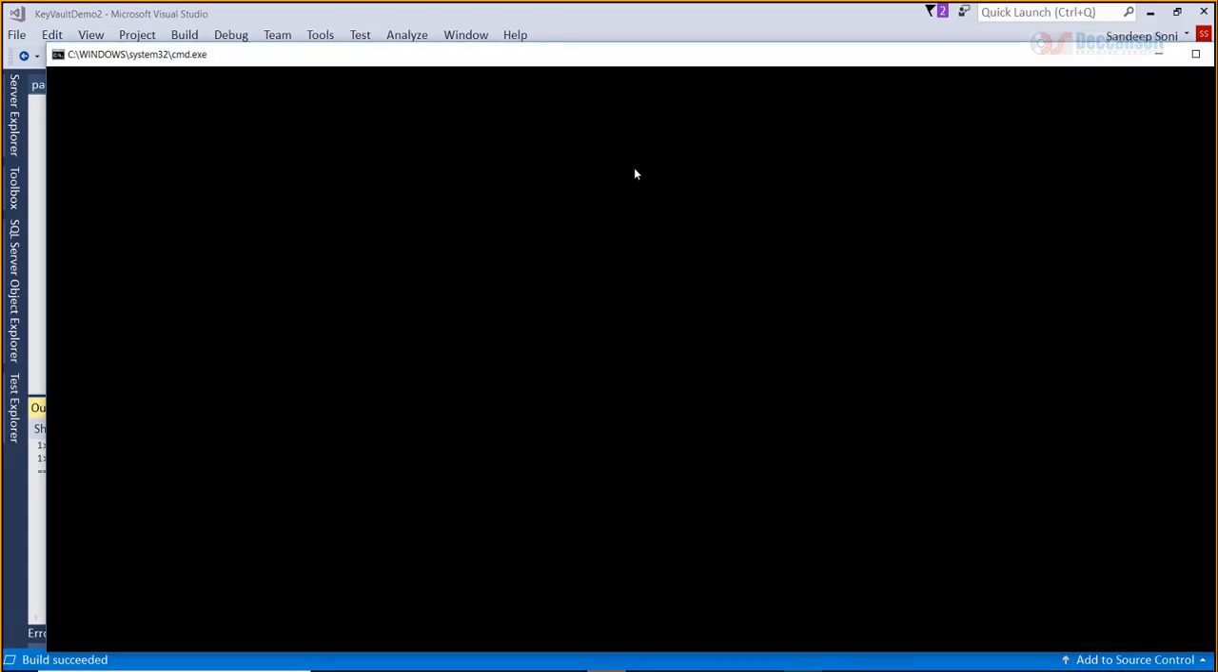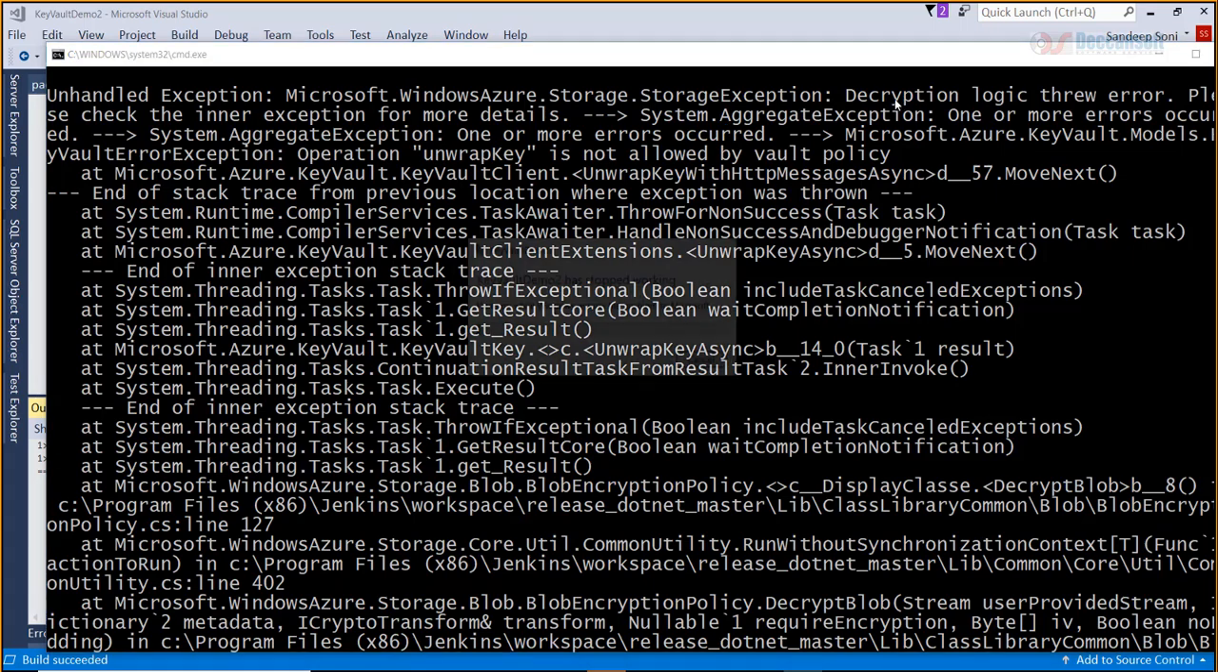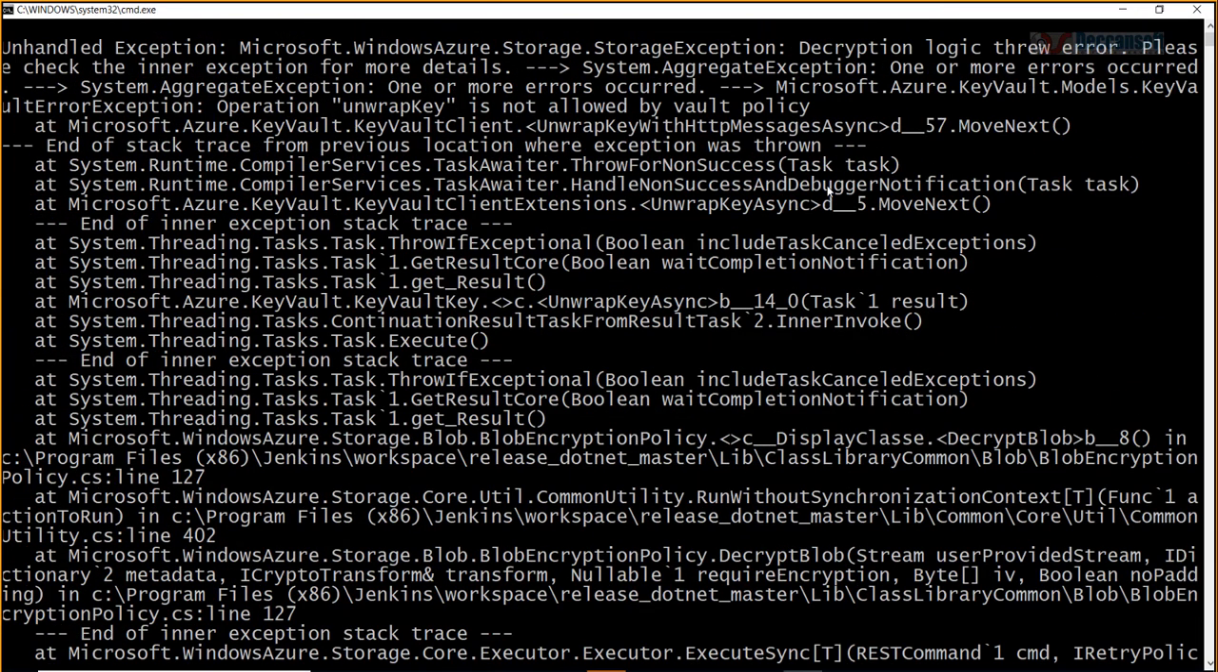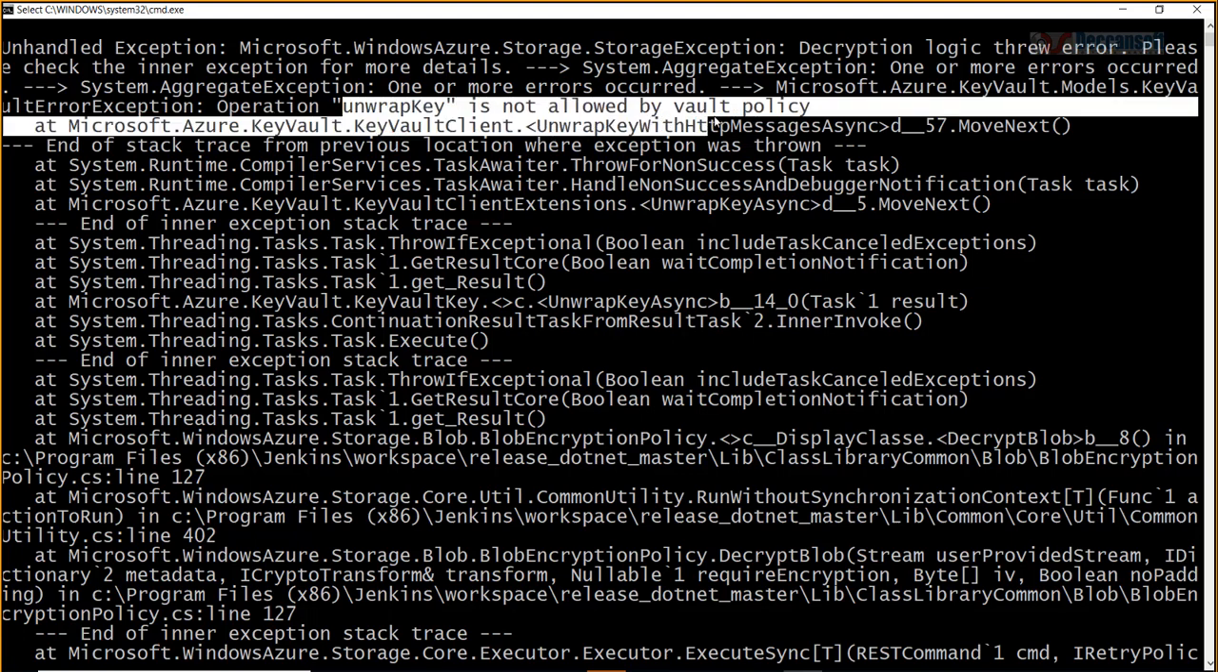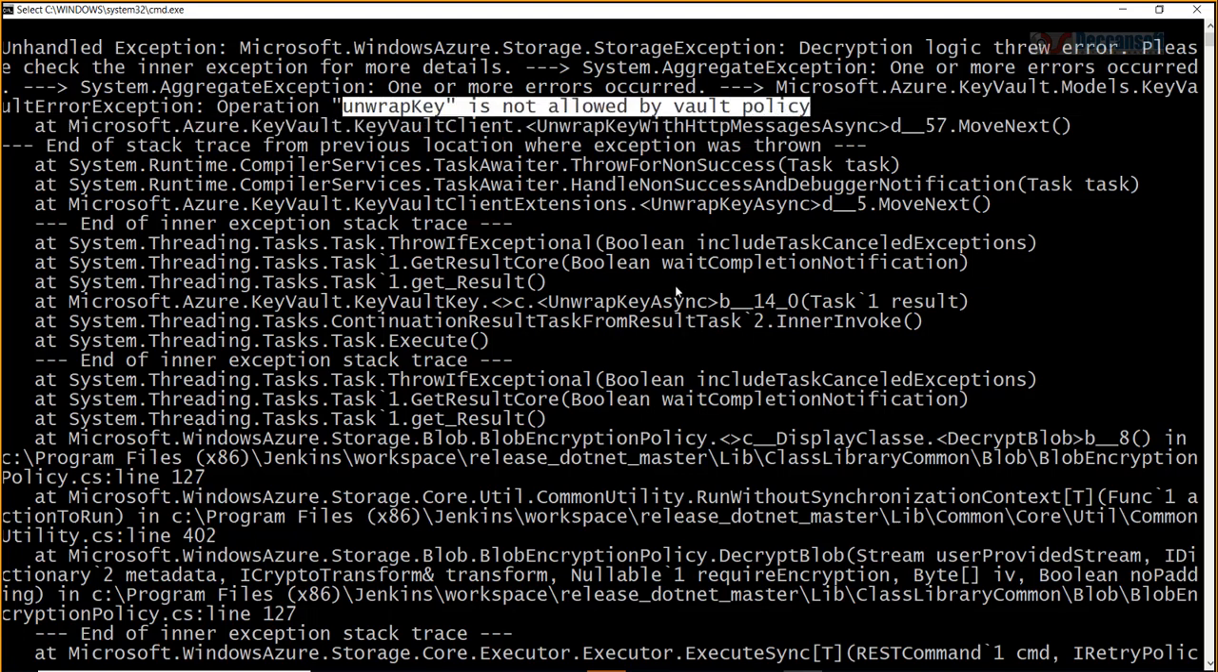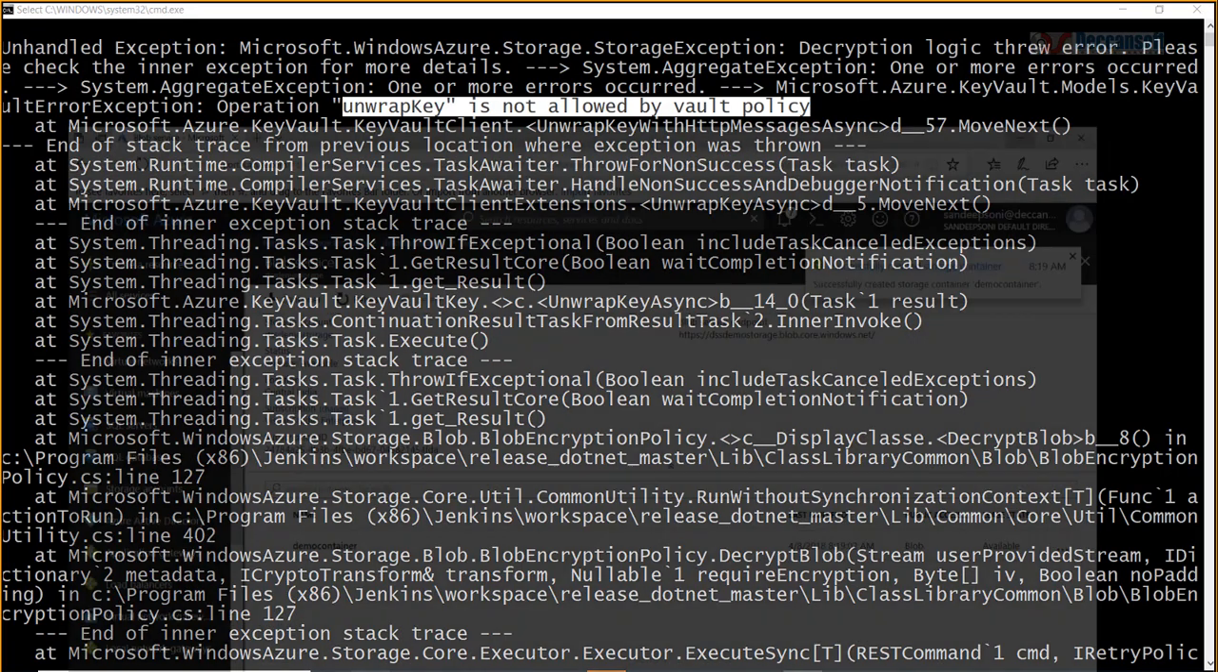I'm getting exception. Decryption logic through. Please check inner exception for more details. One or more error occurred. Key vault models key operation unwrap key is not allowed by the vault policy. That is the problem. So right now if I go to